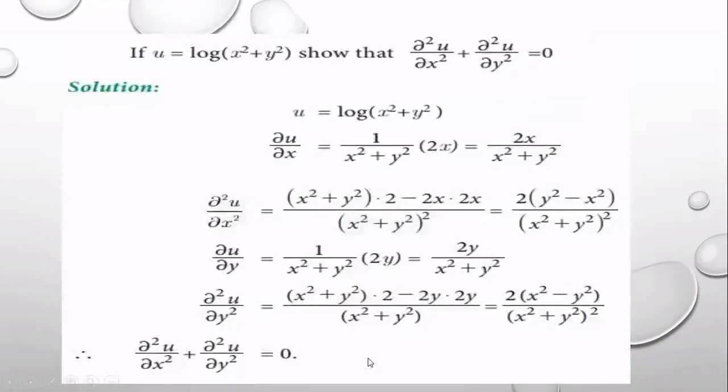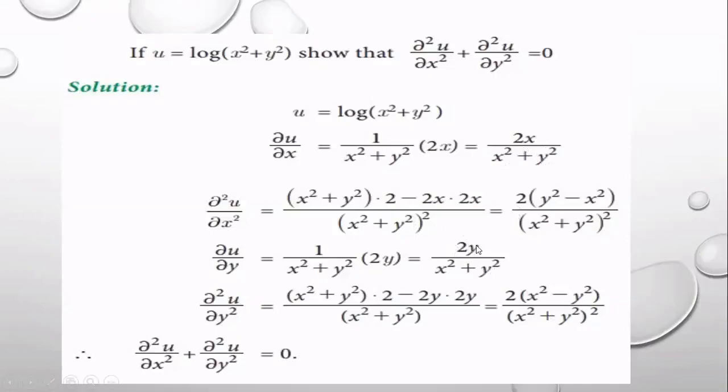Here also one sort of final question like that: u is equal to log of x square plus y square. So log means ln, x square plus y square, 1 over x square plus y square first. Then inside you want to differentiate. Here with respect to x, y is constant, then 2x is there. So simply 2x over x square plus y square. The second time, differentiate with respect to y, square it, 2y is there, then 2y over x square plus y square.